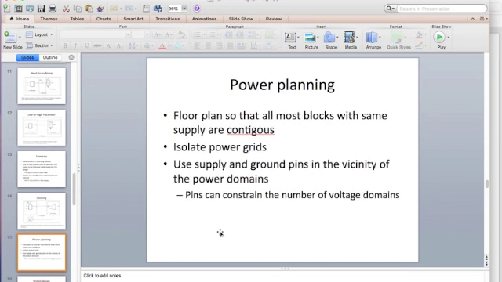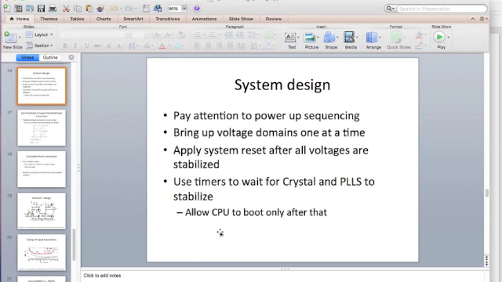So floor planning, we already saw that you want to put all the blocks of the same supply together, so that you can easily route the power grids, you can isolate them, and you can also allocate pins, etc., to that easily. And system design, especially whenever you have multiple power supplies, the sequencing of power when you bring it up and bring it down is something you have to pay attention to. So now let's look at a couple of